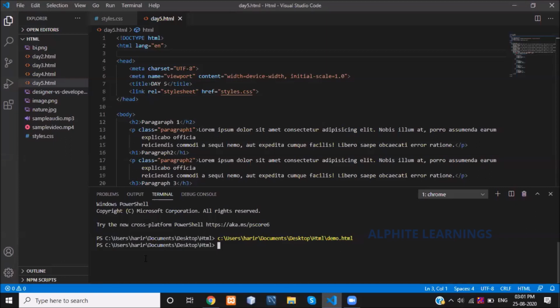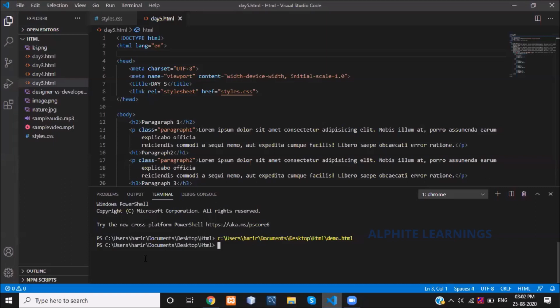Yesterday, I created a CSS file separately. All the styles I have mentioned, I have given only in a single file. I have mentioned all my styling properties and values in a single file. Then I linked it with my HTML document, and all my styles are replicated in my website or web page. This is all about external CSS.